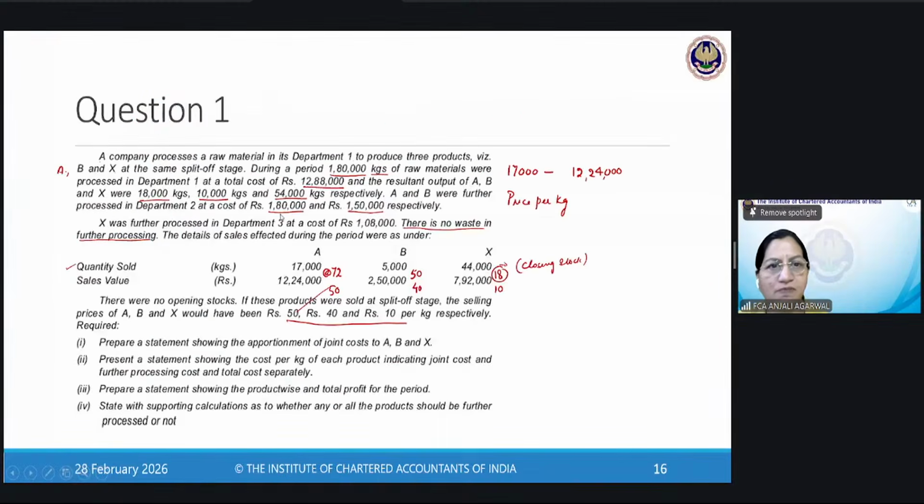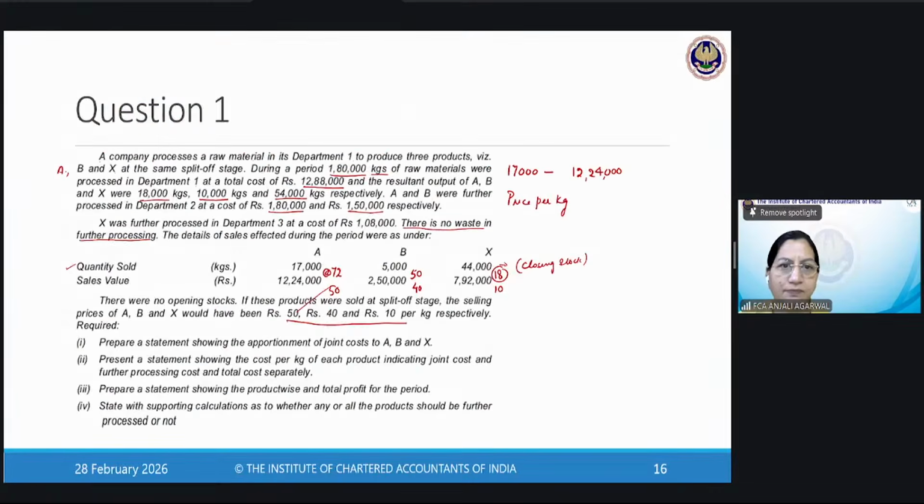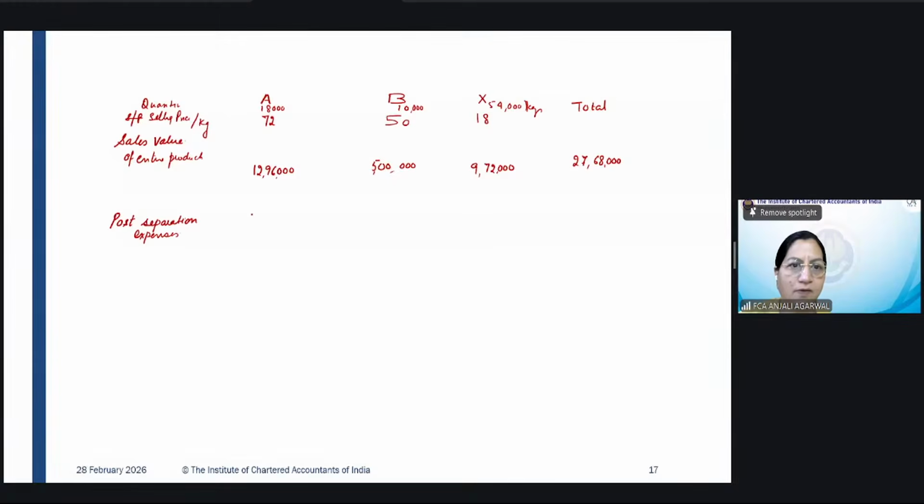So post-separation expenses are very clearly given as 1,80,000, 1,50,000, and 1,08,000. Right? So once you subtract this, what you are going to get is